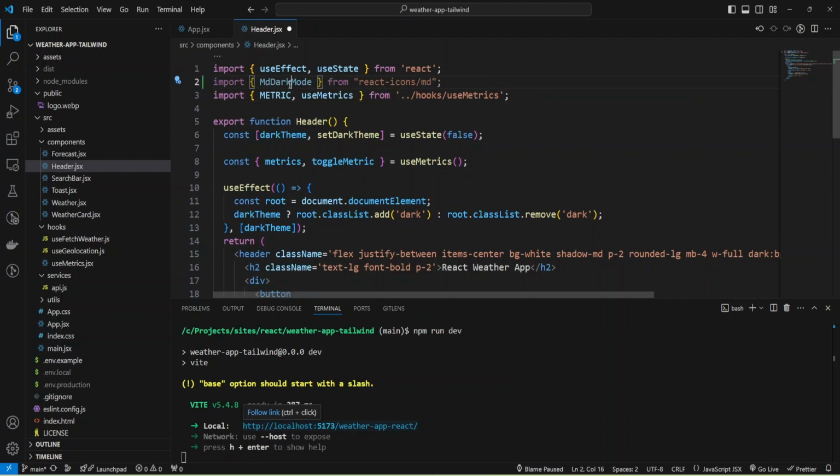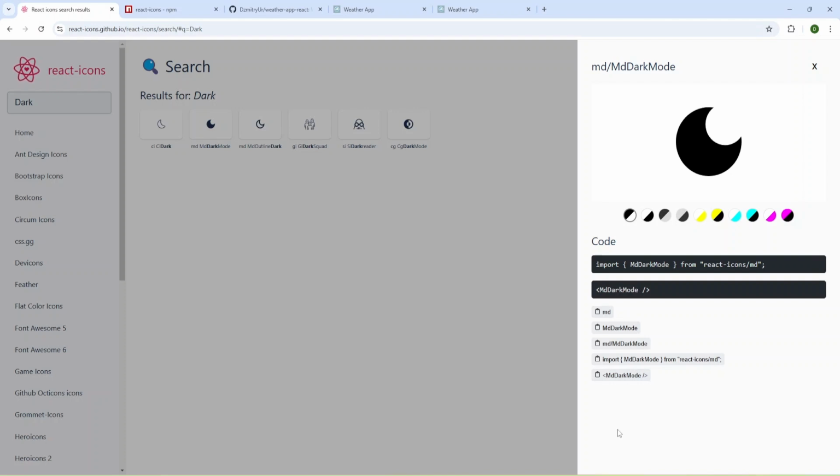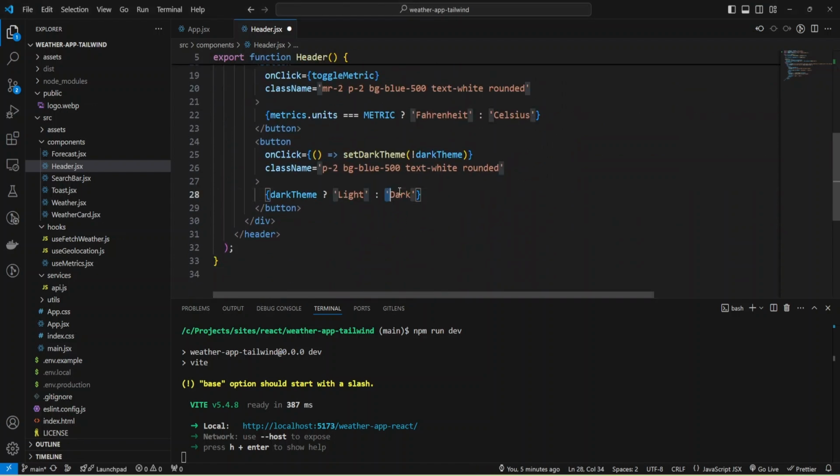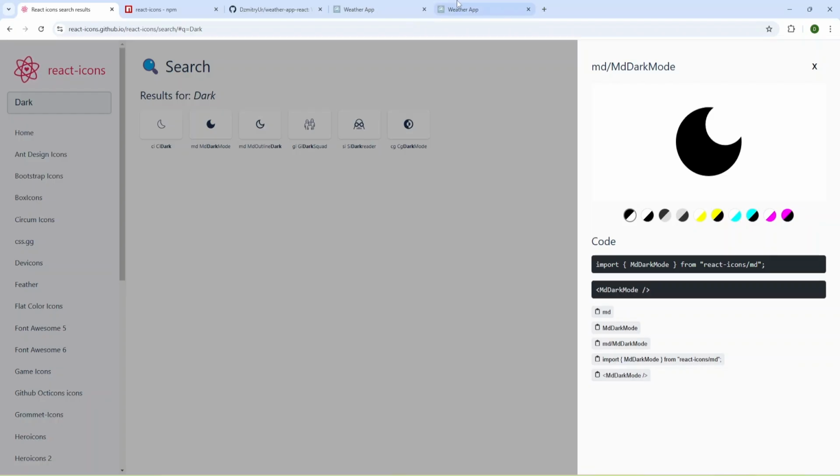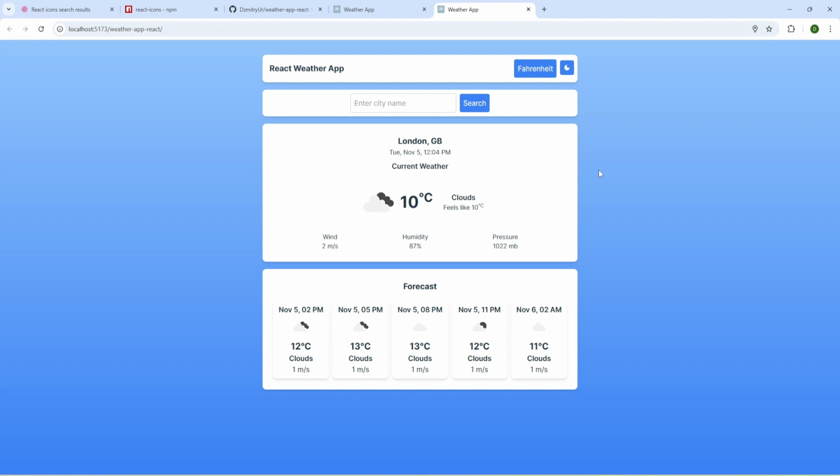Now I can use this component from Material Design, I suppose, and I'll just change the dark word to my component. Let's check. Okay, and inside the dark word we have this icon.